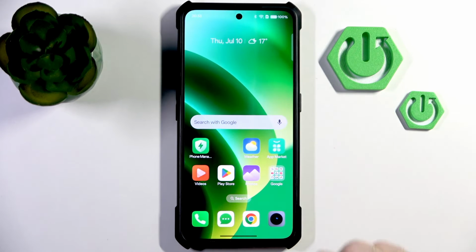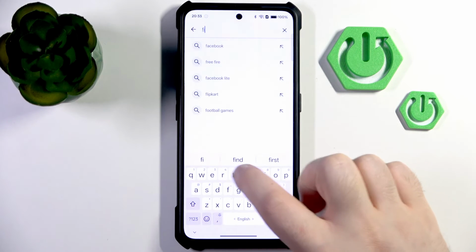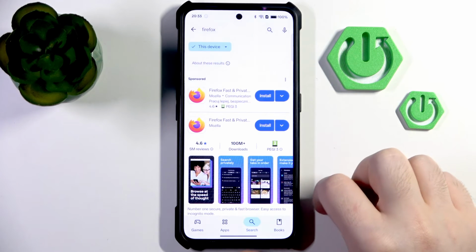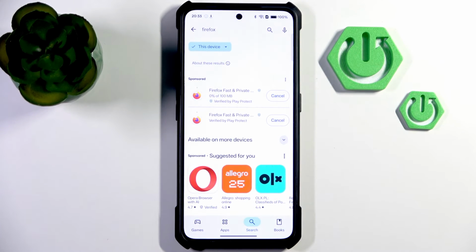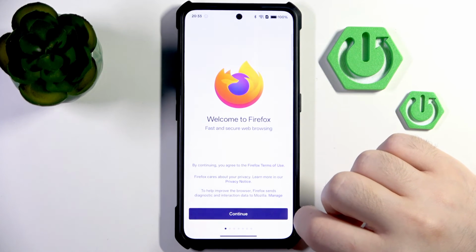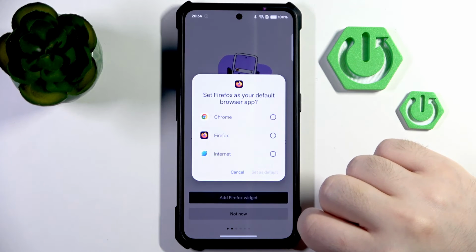So you have to start by opening your Google Play Store, then click on search bar and type in Firefox. Now click search and then click install. And now you have to click open and then click continue, and here you can choose your default browser, or